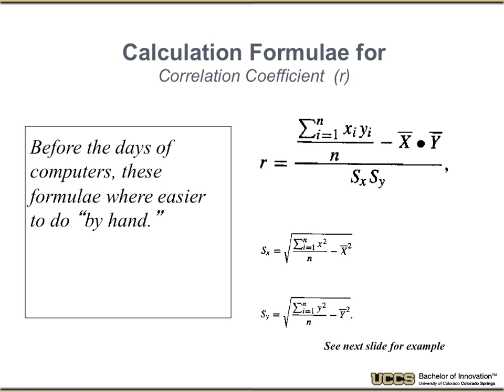Before the days that people had computers, this is how people did it. You did it by hand, you actually computed all this stuff. Today, I wouldn't bother with these formulas. But the important part about these formulas is that, just like our t-statistic, we're dividing by the standard deviation. So again, if I don't control random variations in my data, I reduce the power of this statistic to do anything else.